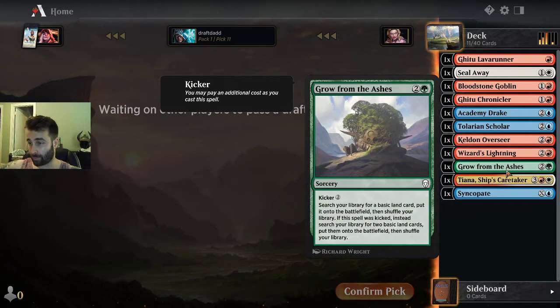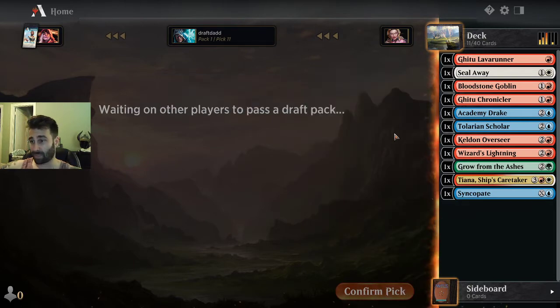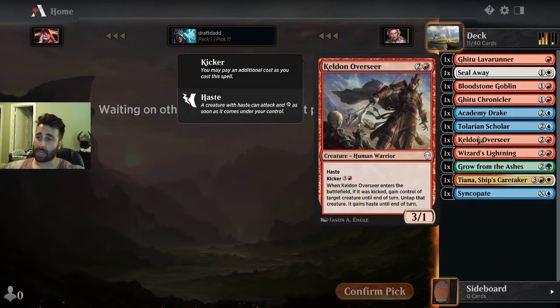So it looks like green is open. Green is good in this format. You know, you shouldn't be getting a Grow from the Ashes 10th pick. So we'll take that as a signal. Maybe we are